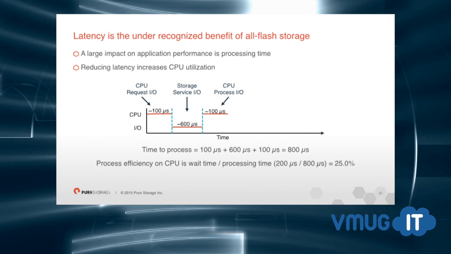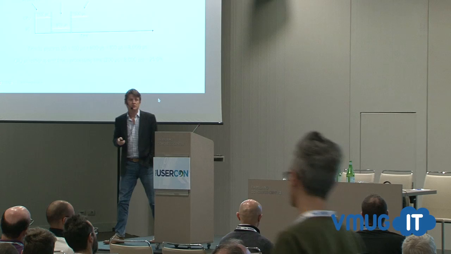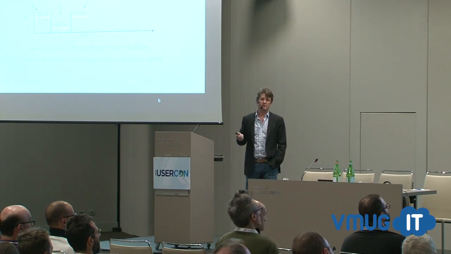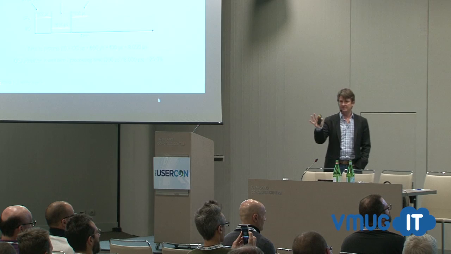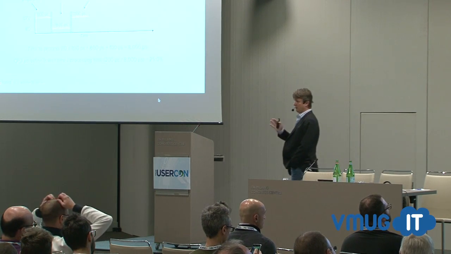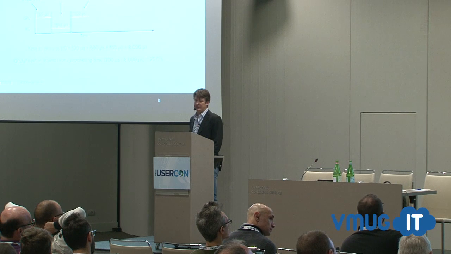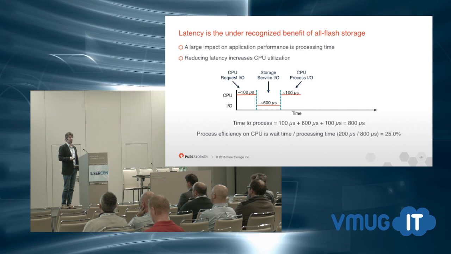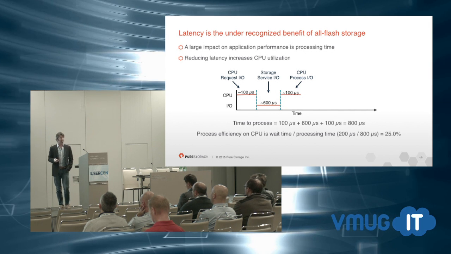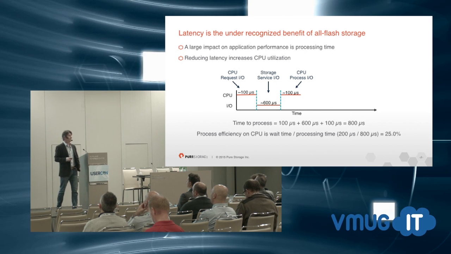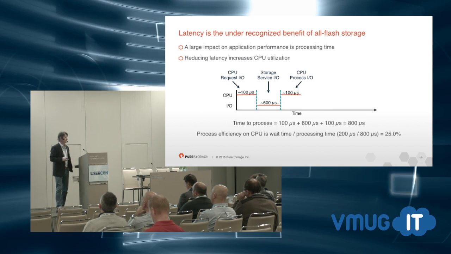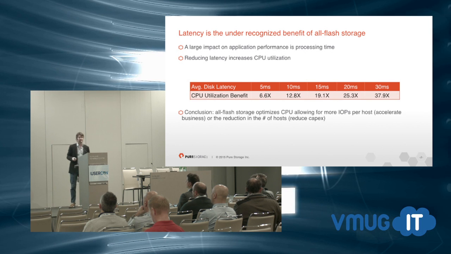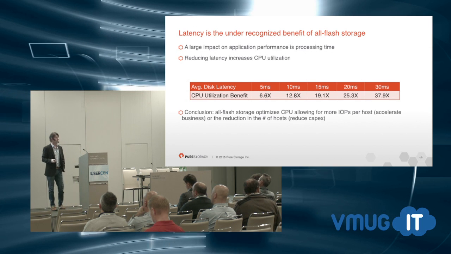If I move the disk system from 5 milliseconds to what I'll put up as a common sub-millisecond range, 600 microseconds, and if you're an all-flash customer and you get 400 or 800, trust me, the results don't matter as much because of the order of magnitude of the gain. When I pivot from 5 milliseconds to 600 microseconds, again a common capability, my CPU utilization goes from 3.8% up to 25%. And how this manifests in your environment is you can correlate your average disk latency to CPU utilization benefit.